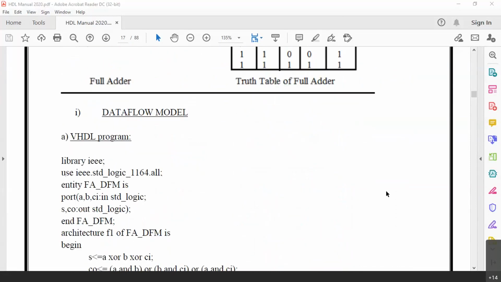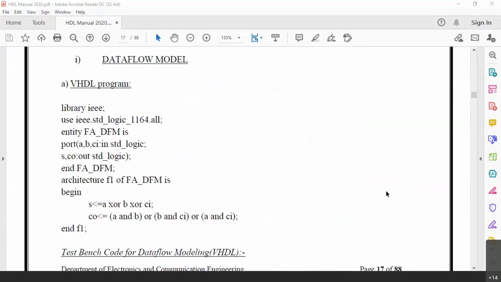So first let us see the data flow model. In the theory class, I had told you that the data flow model in general is concurrent and utilizes algebraic expressions. We can see here the VHDL program: library IEEE, use IEEE.std_logic_1164.all, and entity FA_DFM.